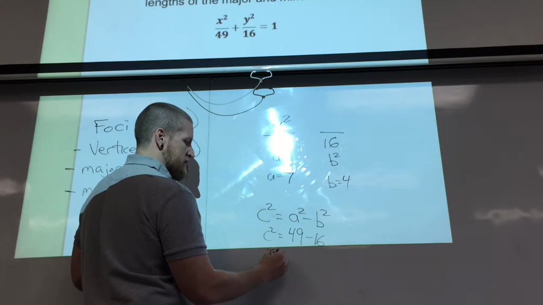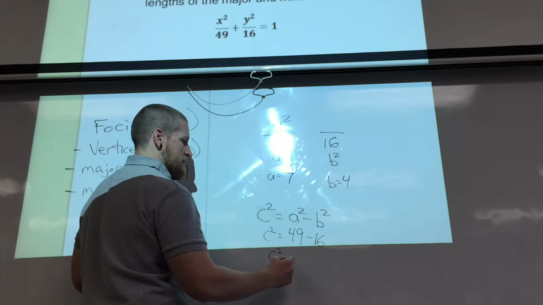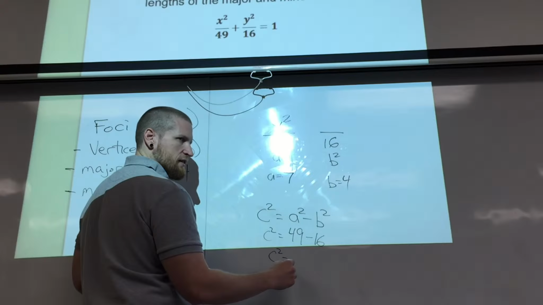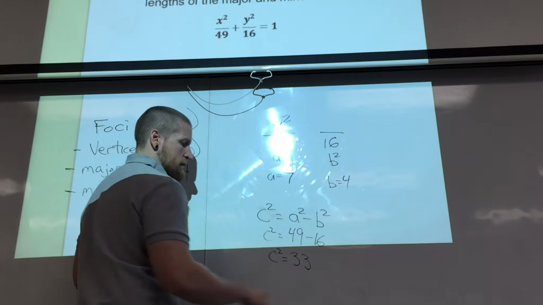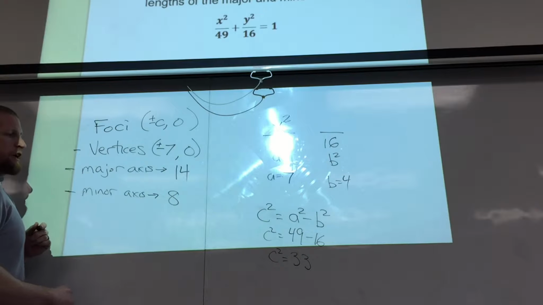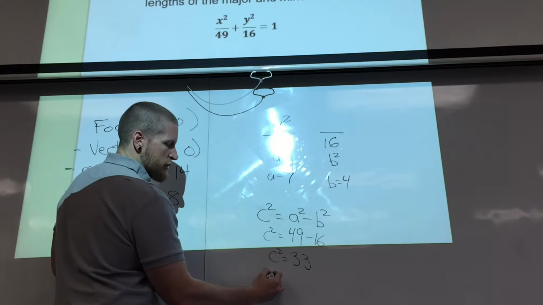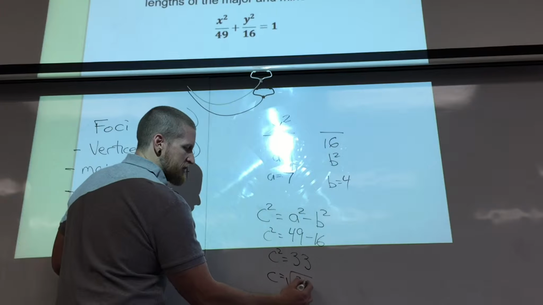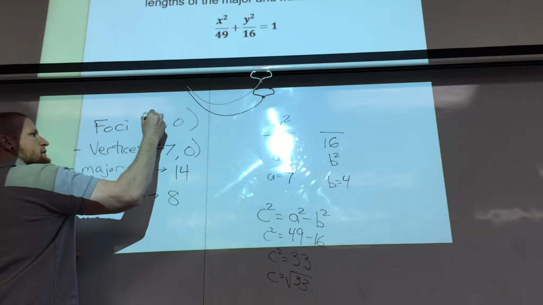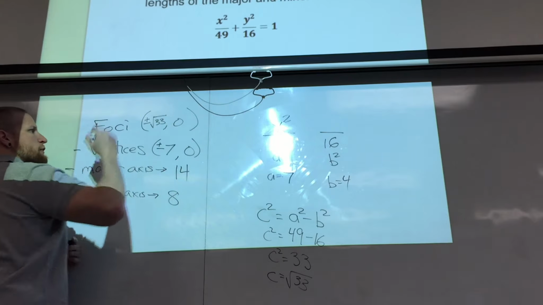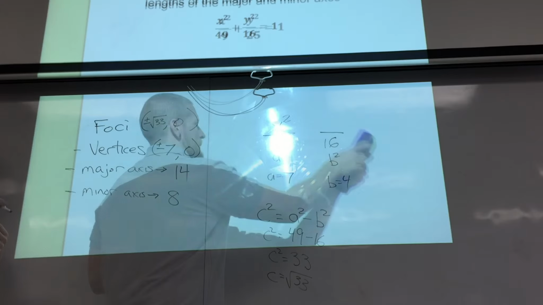What's 49 minus 16? What is it? 33. 33. Okay, so here's the thing. When you take the square root of that, it's not a perfect square, so just leave it there. So this will become plus or minus square root of 33. And if you had to graph this,